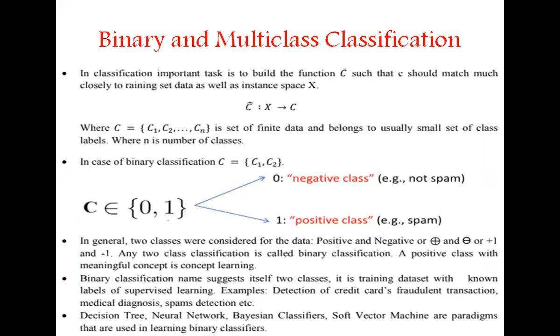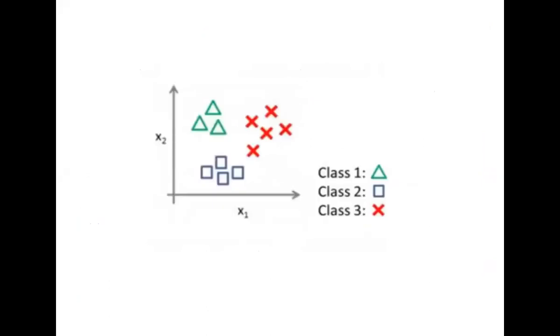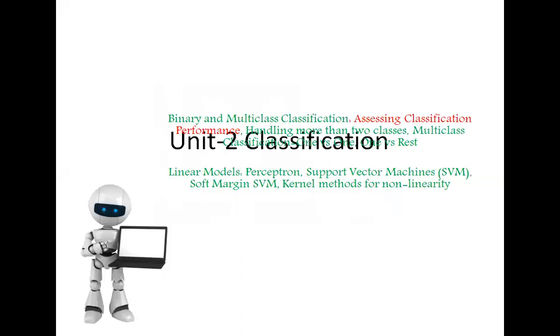So here we have also seen binary and multi-class classification. Binary classification is one in which, for output, there are specifically two classes. One will be the positive class and the second will be the negative class. We have also seen binary classification along with the decision tree. And next we have seen multi-class classification. The difference between binary and multi-class classification is that in multi-class classification there are more than two classes for classification, and in binary classification, as the name suggests, it has two classes.